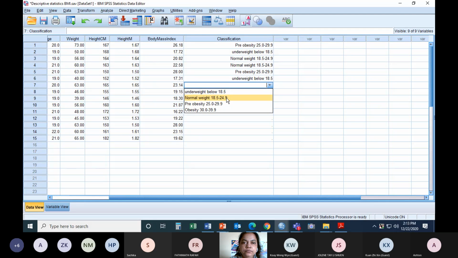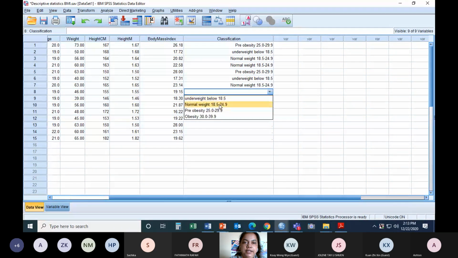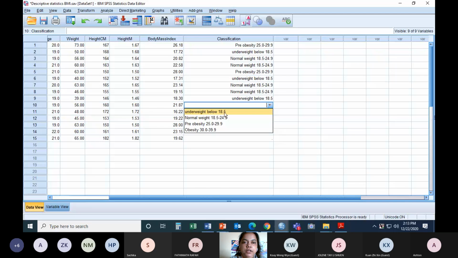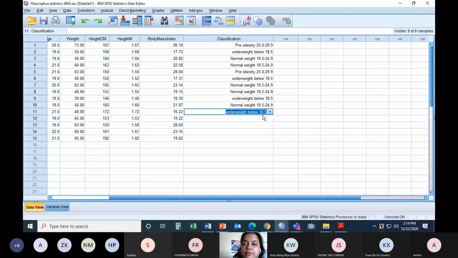23.14, it's here. 19.2 is here. 18.3 below, right? Then 21.87, 16.2. If you don't like to do the clicking, if you have a strong memory power and so on,